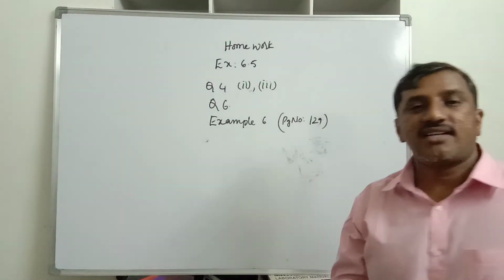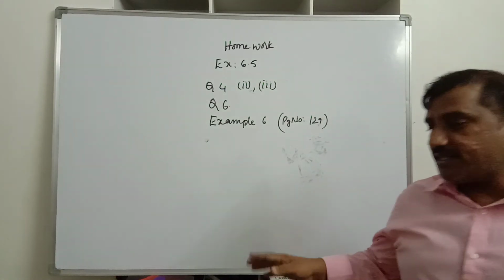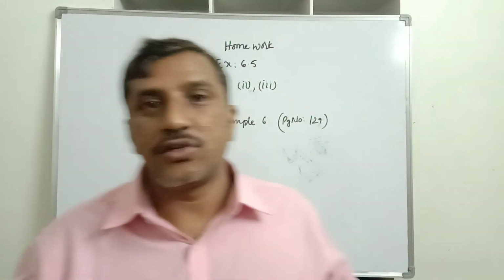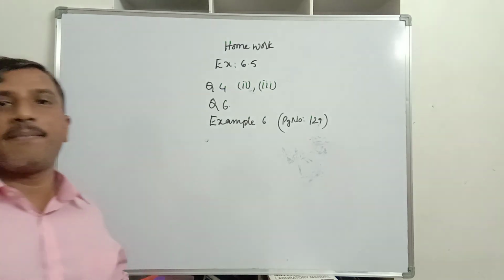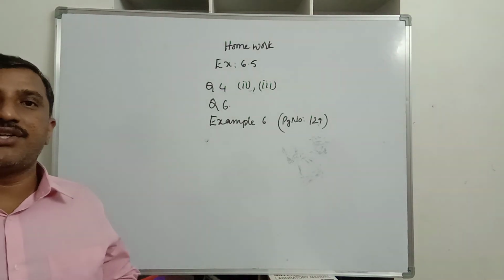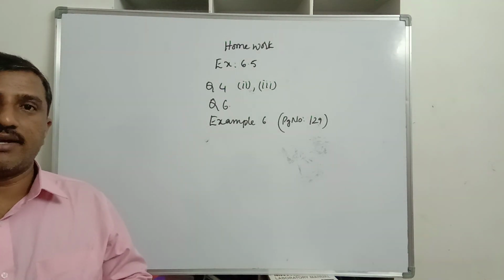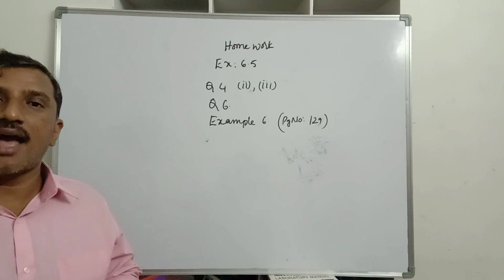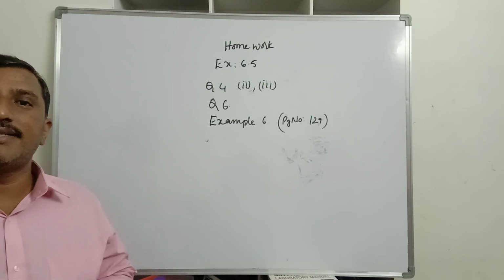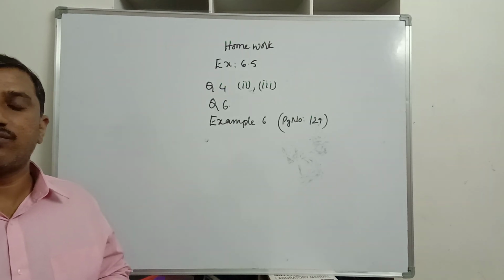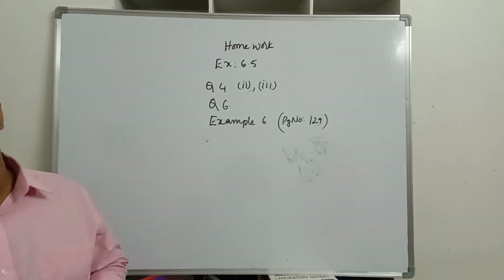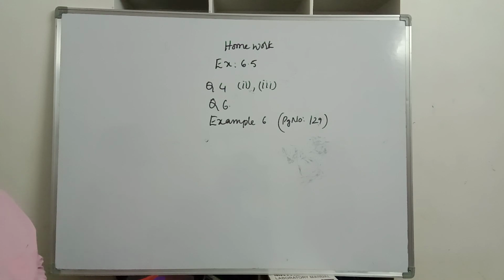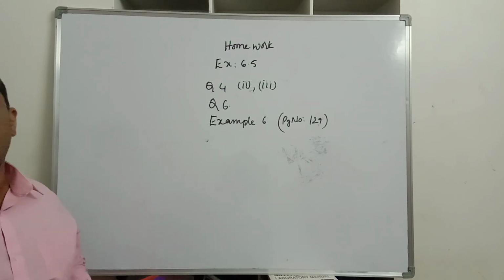I hope you understand today's concept, and with this the chapter is completed. So what we studied so far in this chapter: median, altitude, and the properties of a triangle. Under properties of a triangle, the exterior angle property, angle sum property, and inequalities of two properties we studied, and then the Pythagoras property in a right triangle we have studied. And I hope you understand the whole chapter.